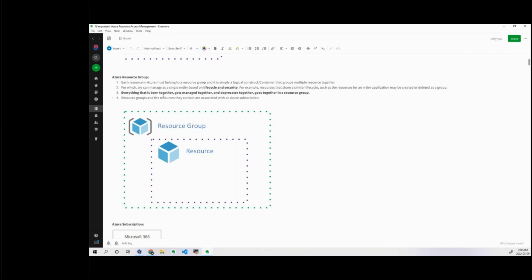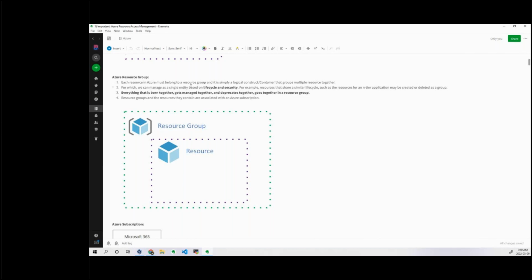What is the purpose of this resource group? Everything that has been created together gets managed together and deprecated together, in a resource group. Let's say you used some template and spun up a resource group, and under it you created all these resources.